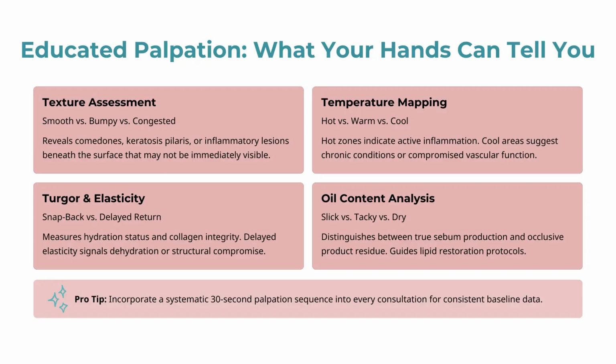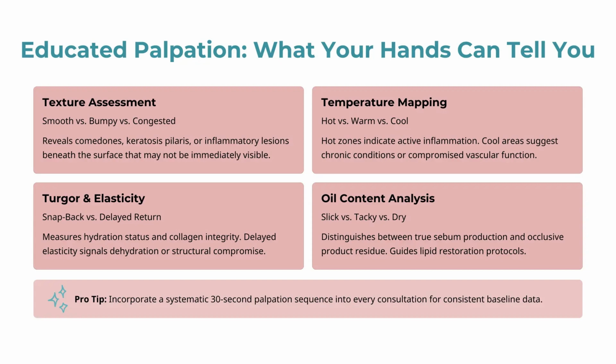As you glide your fingers across the skin, you're assessing whether the surface is smooth, bumpy, or congested. This allows you to detect comedomal activity, keratin buildup, or inflammatory lesions that may not yet be visible under magnification. Next, temperature mapping. Hot zones often indicate active inflammation. Warm areas may suggest subclinical activity within the skin, and cool areas frequently point to chronic conditions or compromised vascular